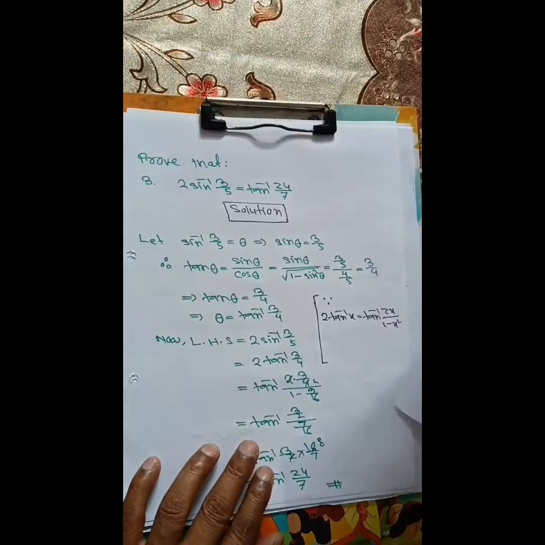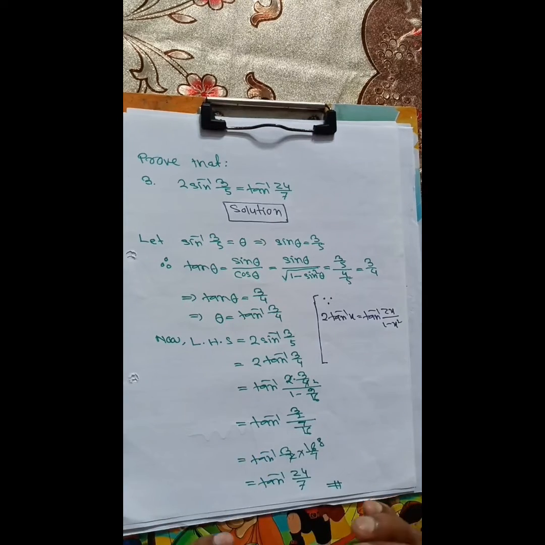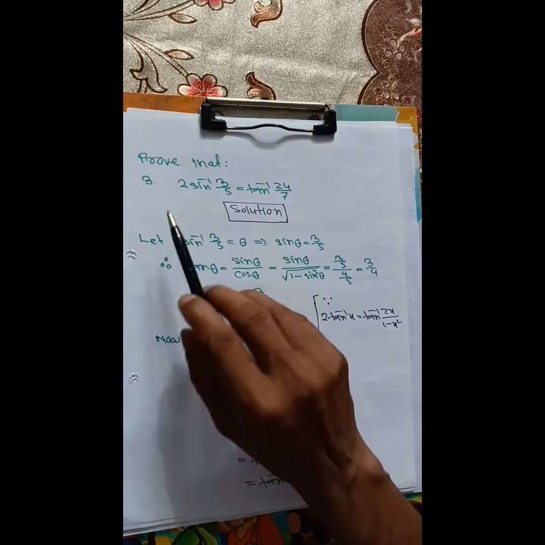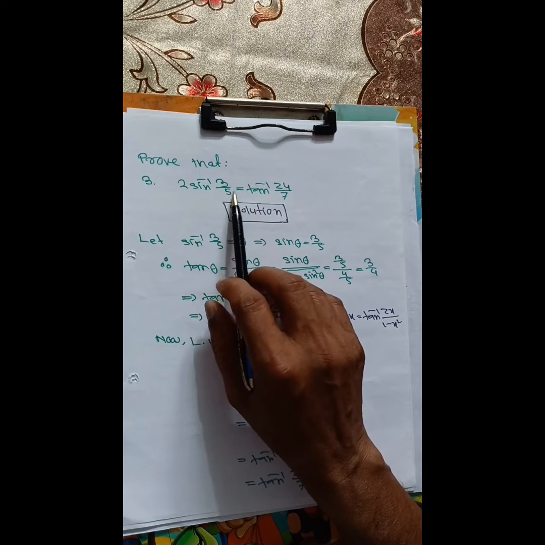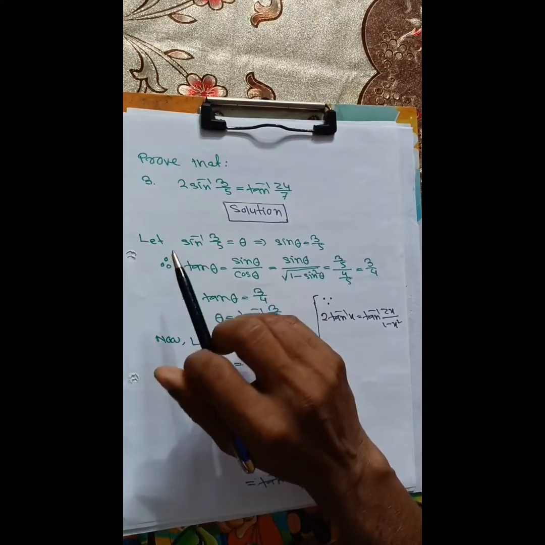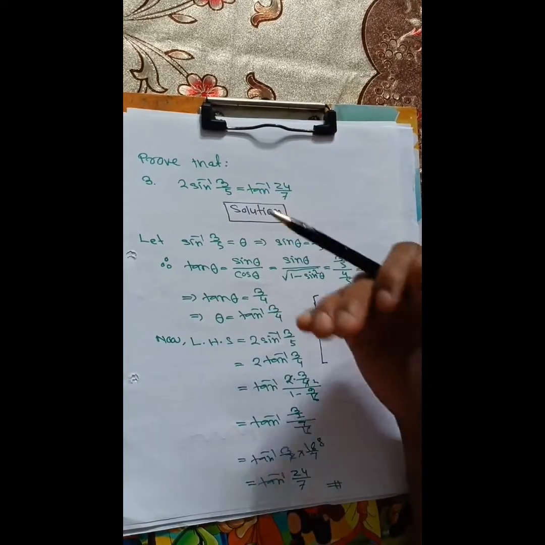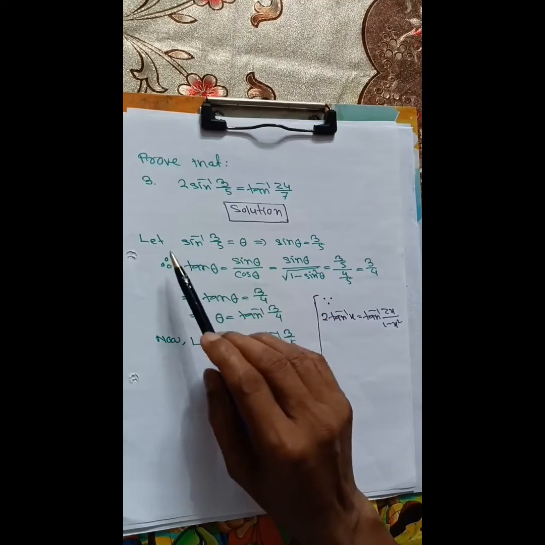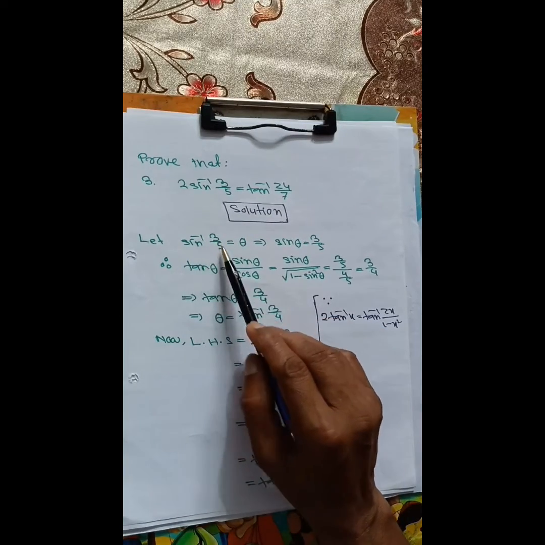Next we are going to discuss the third problem. यह अलग प्रॉब्लम है। Prove that, that is, we have to show that this side equals this side. तीसरा प्रॉब्लम क्या है: 2 sin inverse 3/5 is equal to tan inverse 24/7. कैसे यह सॉल्व करेंगे, ध्यान से देखो। सॉल्यूशन के लिए हम क्या करेंगे, let sin inverse 3/5 is equal